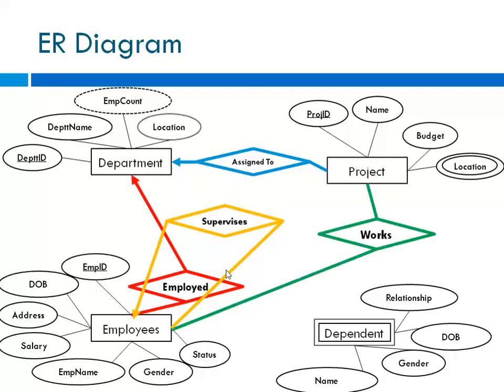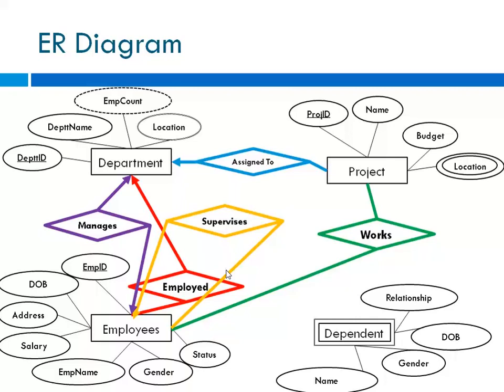The next relationship is between employees and project. Here this relationship is many to many because one employee can work for many projects and one project can have many employees. Next relationship is manages, and this will define which employee is managing which department. One department can have just one manager, so this relationship is one-to-one and it is shown in the diagram also